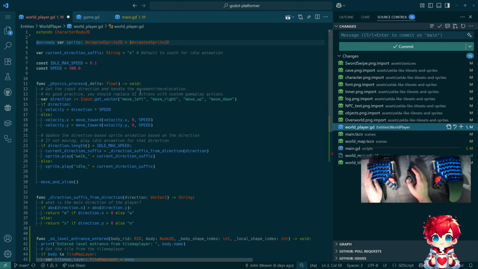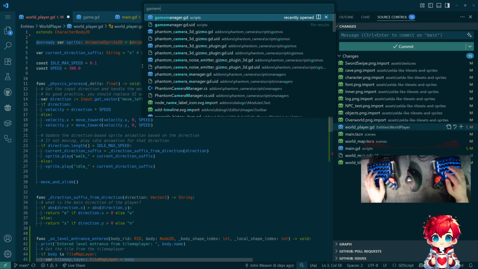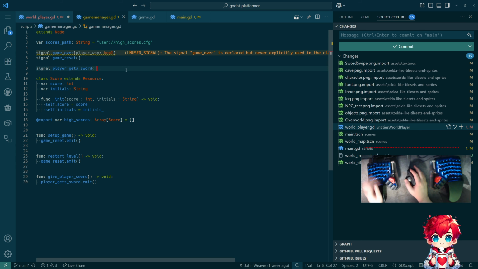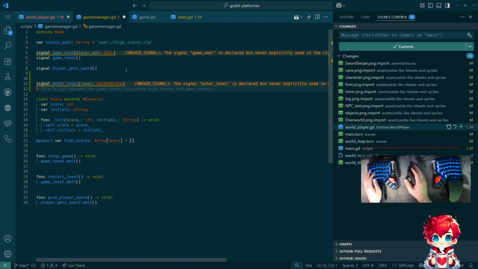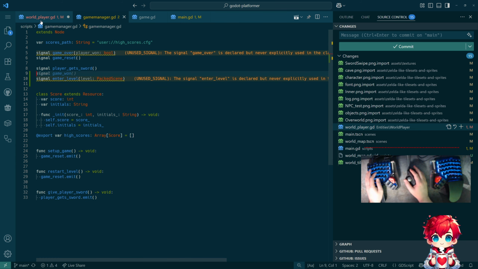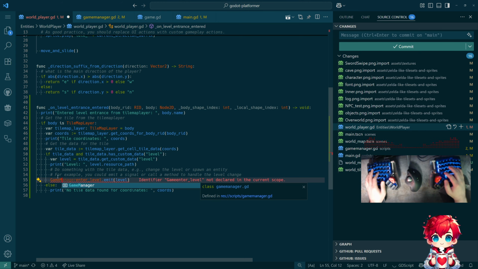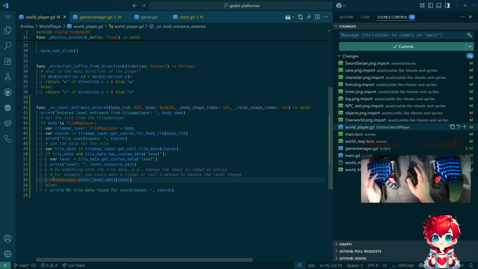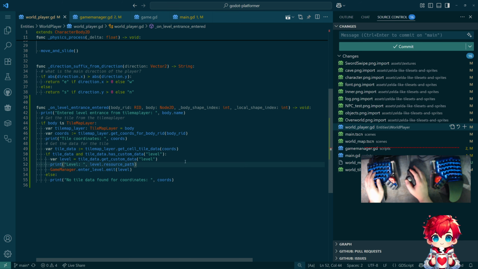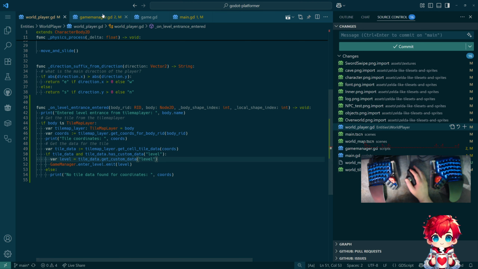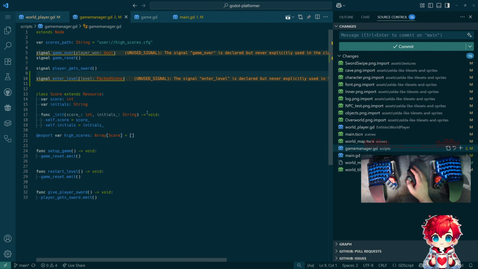Cool. And then in game manager, we've not touched that in a little bit. Provide a new signal, interlevel, and that's very convenient because then we can just do game manager.interlevel. Get rid of those comments. I'll get rid of that print statement too,